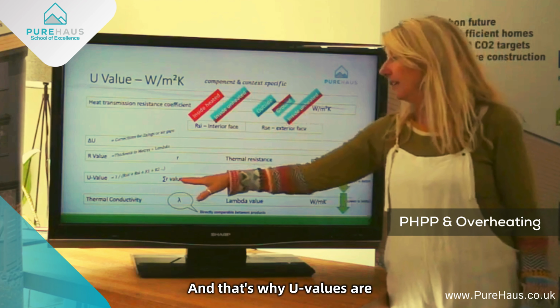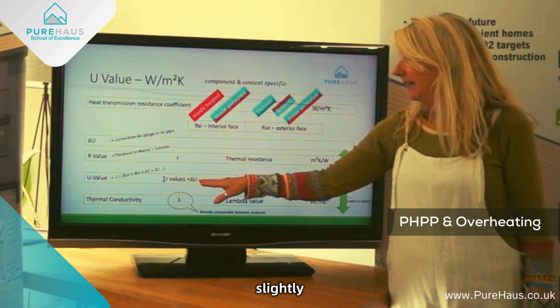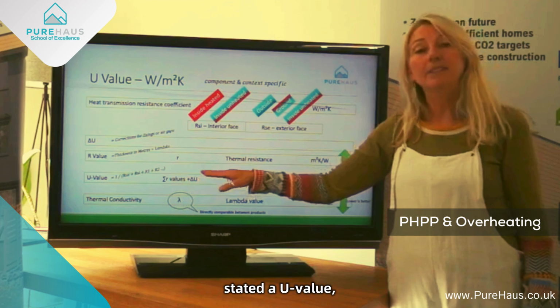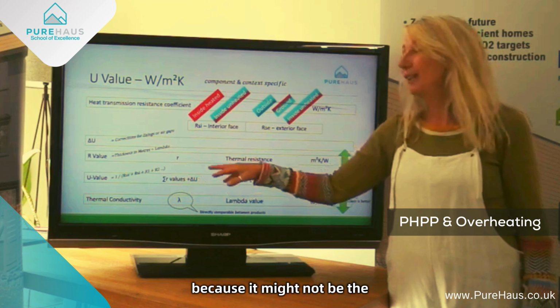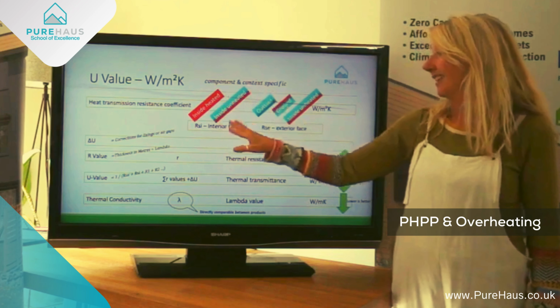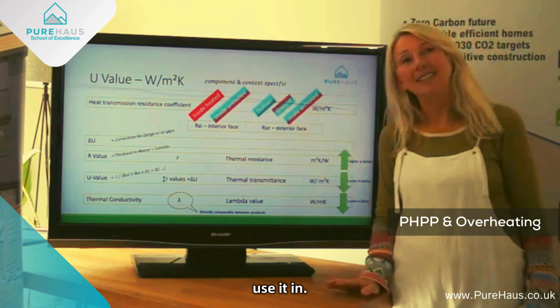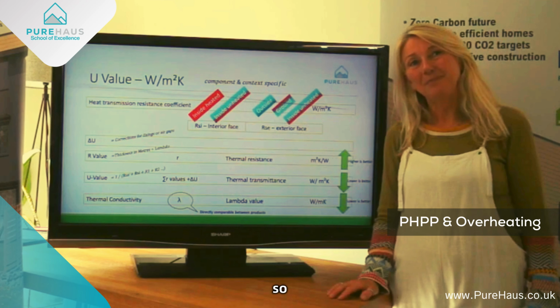And that's why U values are slightly unreliable if someone states a U value, because it might not be the context that you're choosing to use it in. Okay, so